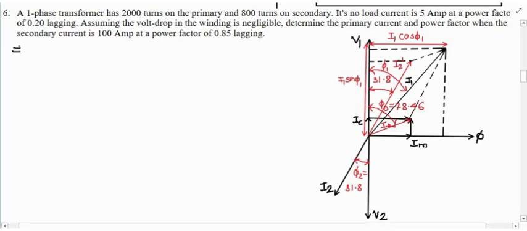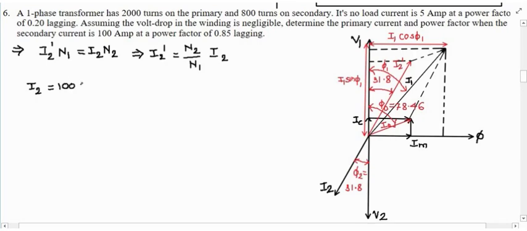And hence we have studied that I2 dash N1 equals I2 N2. Secondary MMF equals the primary MMF. It means my primary winding has to take some more current from the supply to nullify the secondary magnetizing MMF. So from this I can write I2 dash equals N2 upon N1 into I2. Right. So what is I2? I2 is given to you, equal to 100 ampere